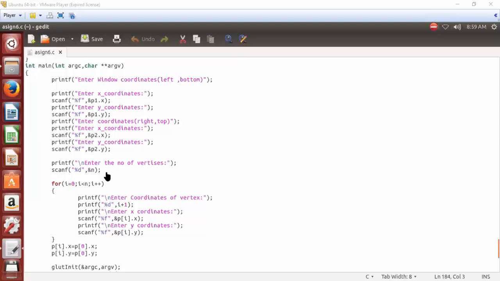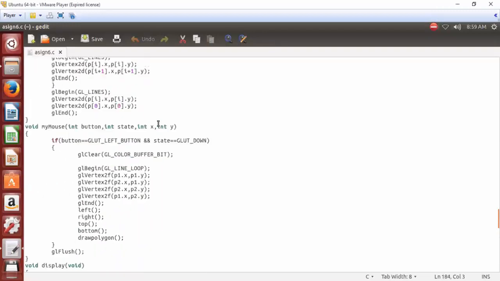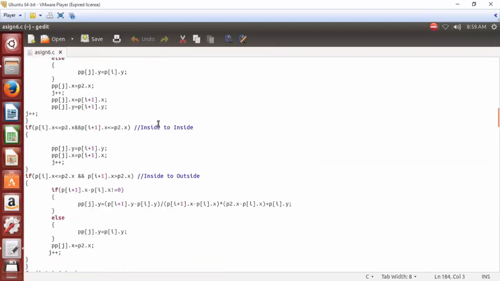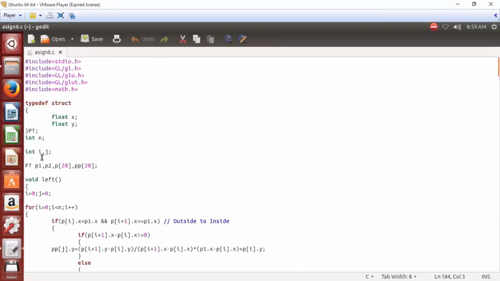After this, we are going to get the x and y values of each and every vertex. So according to this n, we are going to run a for loop, and we are going to store the values of the polygon before clipping into your one-dimensional array P, which is a variable of your structure PT. See here, we already initialized the structure PT as P, the structure PT is P of 20.